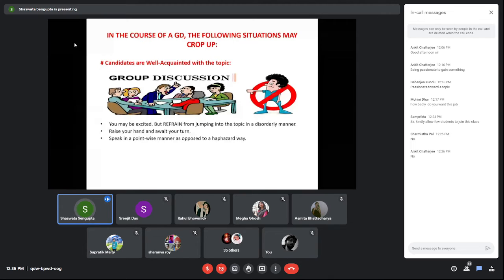So even if the topic is very, very familiar to you, my advice would be that you should keep a level head. Try to think about the points on which you will speak and arrange them in a proper logical manner, so that when you say them, the sequence in which you're going to say the sentences will be proper. Now, very often there might be multiple points about a particular topic. You might want to highlight multiple points, but please bear in mind that whenever you are arranging these points, they should be arranged in a proper order, in a proper logical sequence. Otherwise, it'll just be like a person wearing his trousers on his head and wearing his shirt on his knees.